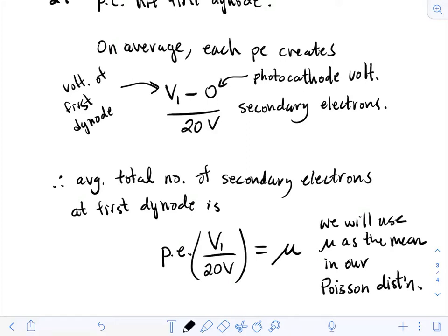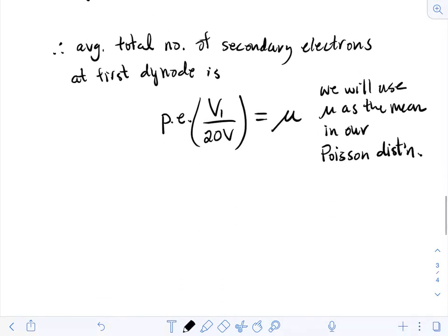Okay, and so one thing to just notice is that every time we run the simulation, if we repeat it 10,000 times, then mu is going to change for each iteration, because in each iteration we might get a different number of photoelectrons coming in. Because we send in 8 photons, and sometimes we might get 6 photoelectrons, sometimes 4, sometimes 3, and so that's going to make the value of mu, the average number of secondary electrons, change. Okay, so that's the average number, but we won't